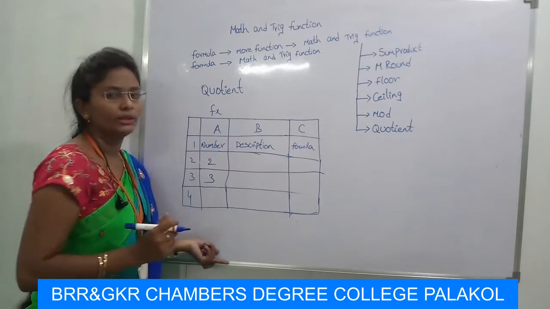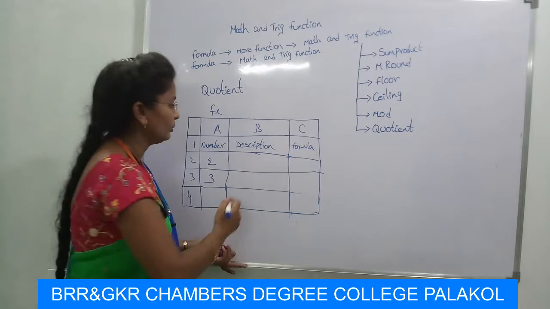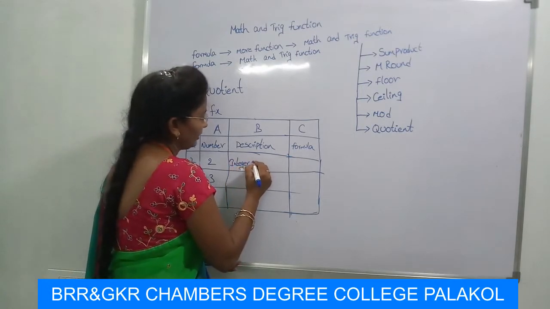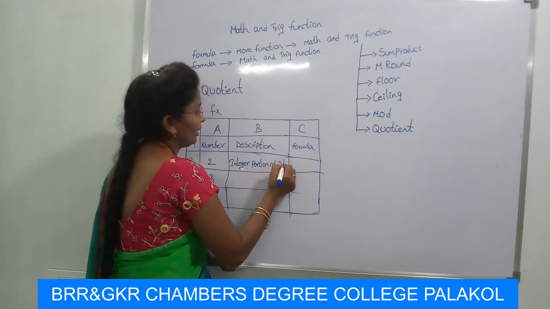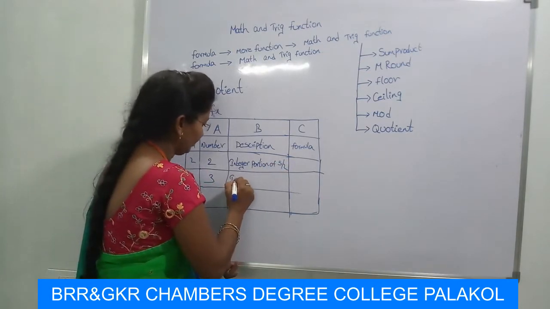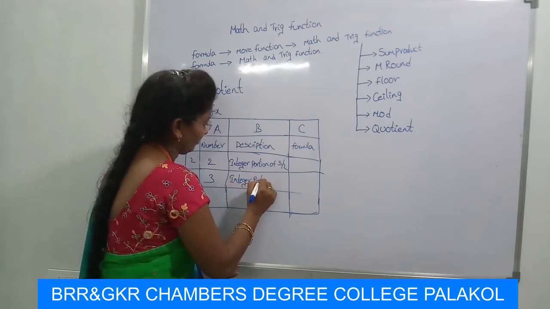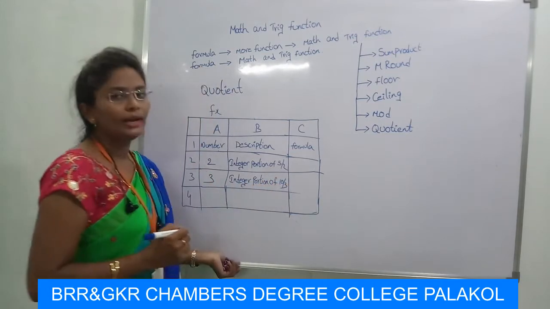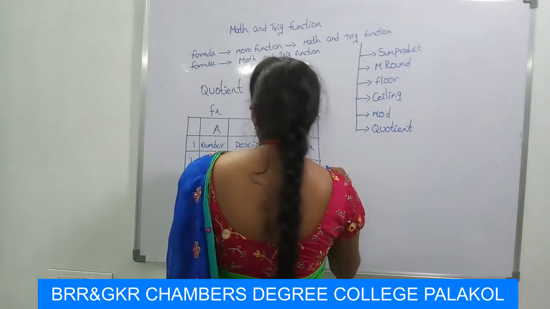For the description I have to enter integer portion of 5 by 2, and for the next I have to enter the integer portion of 10 by 3. And I have to enter the formula same like the above formulas, that means equal to symbol,